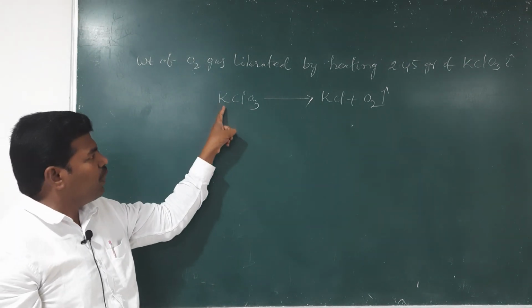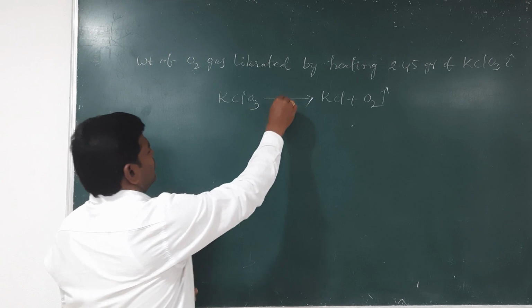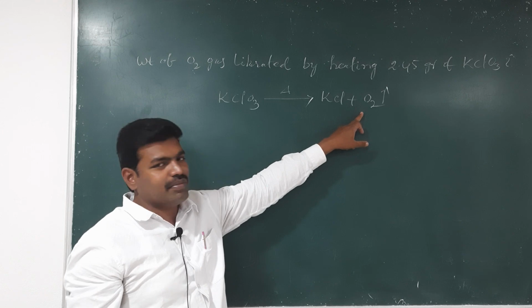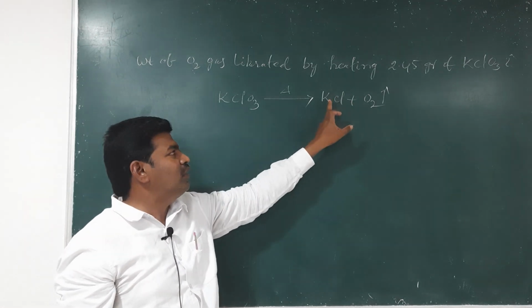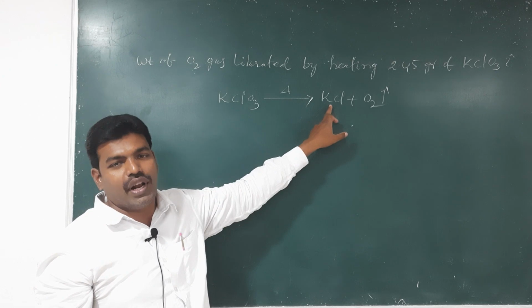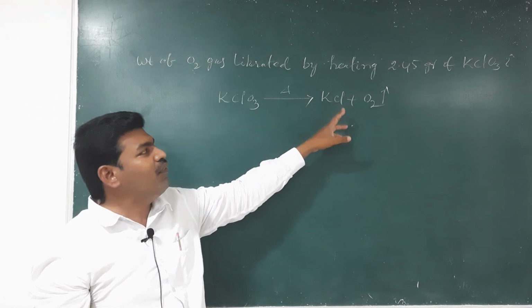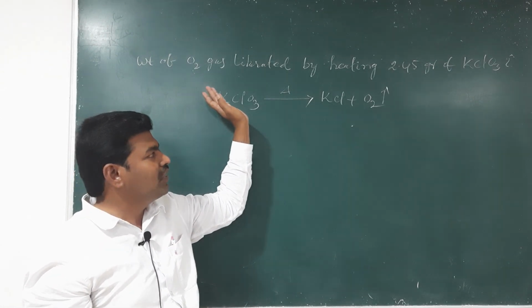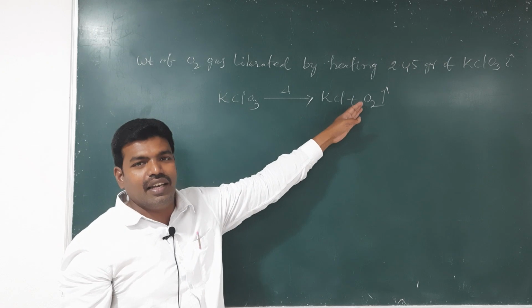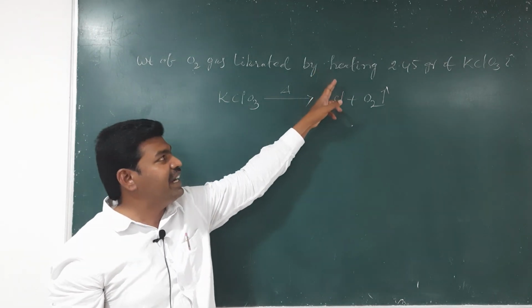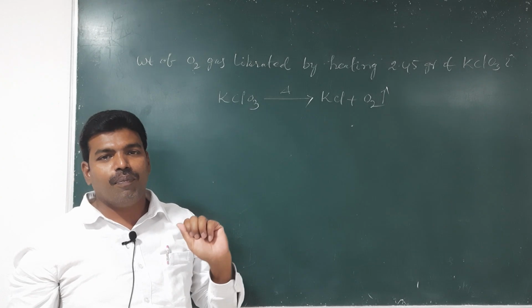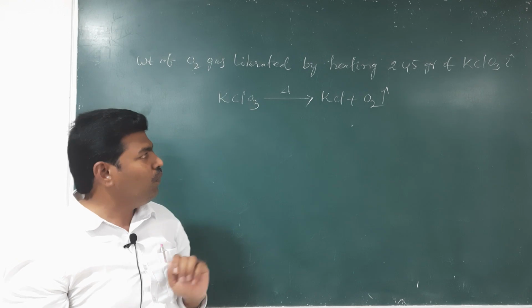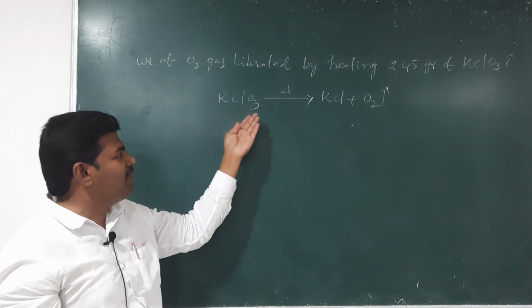So, potassium chlorate upon heating liberates oxygen gas as well as forms potassium chloride. And what is asked in the problem? Weight of O2 gas liberated by heating 2.45 grams of potassium chlorate. So, we can represent the chemical process by this chemical reaction,